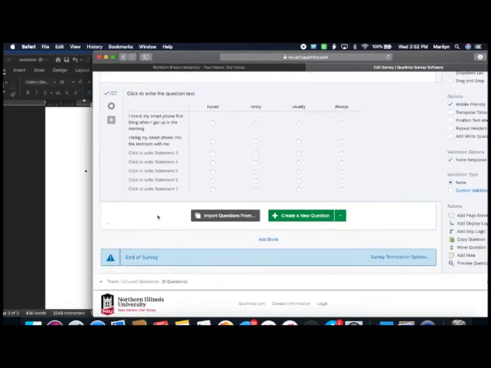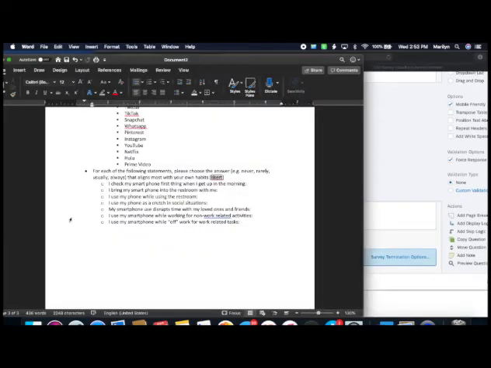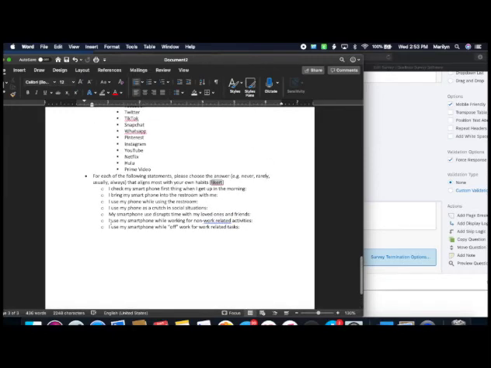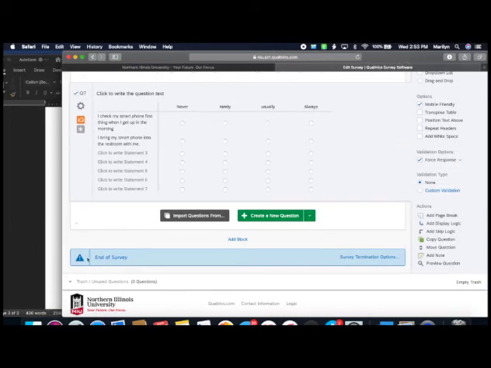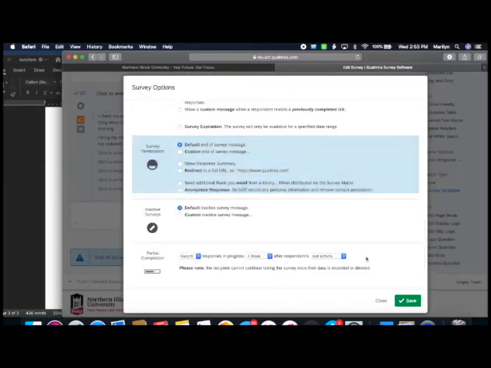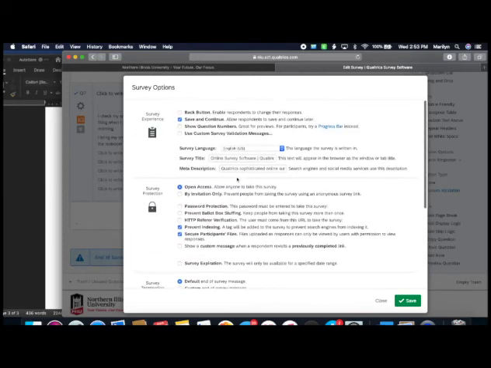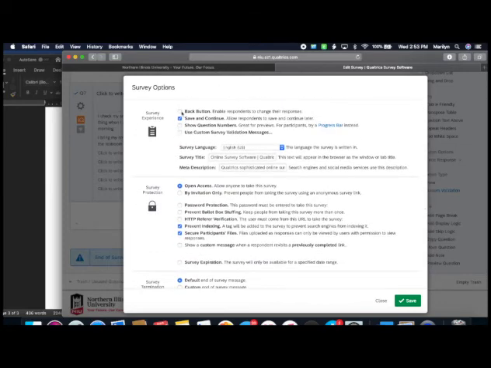So going back to the creation of the survey itself, here that's technically the last question I have, so we're going to go ahead and just end there basically. But for the end of survey, you'll see this blue bar. You can click and do survey termination options, okay? Now you can do quite a bit here. I wouldn't touch too much. One of the things that I will usually do